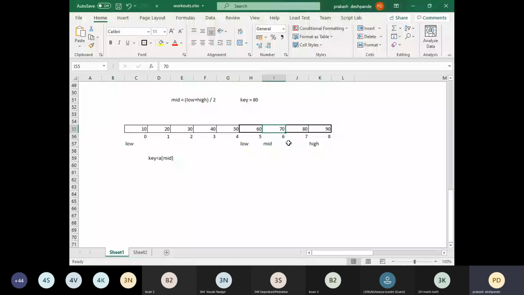Where does it stand? It stands on the right side of the mid. Again, the next time we need to modify our low value. So the next time, I need to only search between this 80 and 90. So I get low as here and high as here. So these low and mid will be taken out.